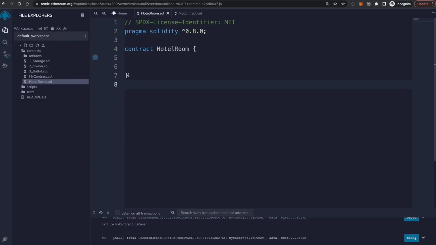And in this video, what we're going to do is move away from individual features of the programming language and put a lot of things together by coding out a complete smart contract that actually does something. Okay, so it's a little bit different approach. And so along the way, we're going to create a new contract here called Hotel Room, and it's going to